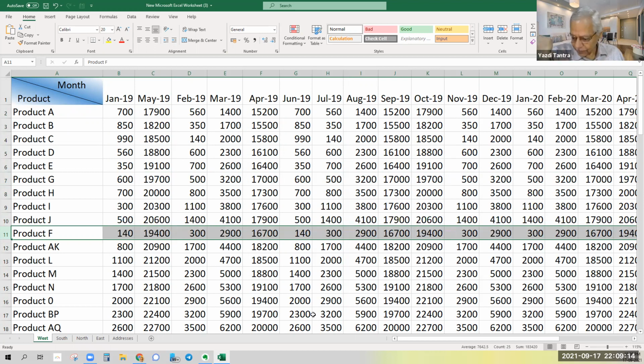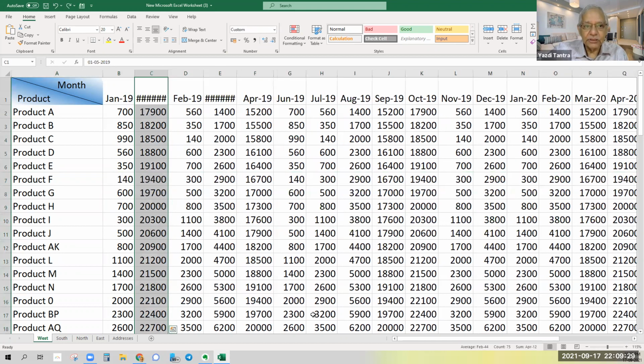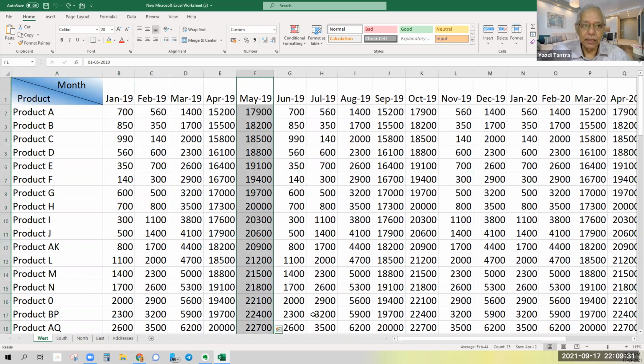Now you can imagine the power of this when it's a huge sheet like this. Otherwise, it becomes very, very cumbersome. You insert a row, insert a column. I'm just saying Control Z, so I go back to original. And for this also, I say Control Z. I come back to original. Are you getting this? How easy it is to move rows and columns. You can move them around, juggle them around.